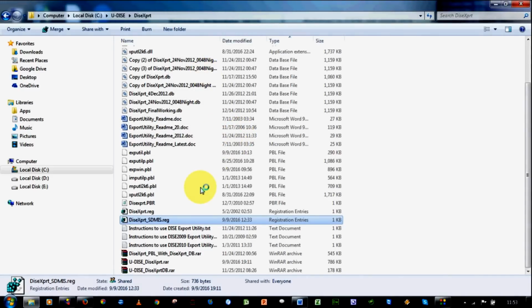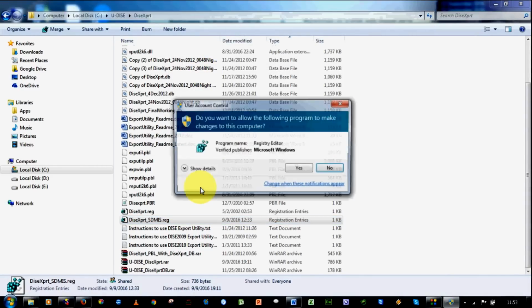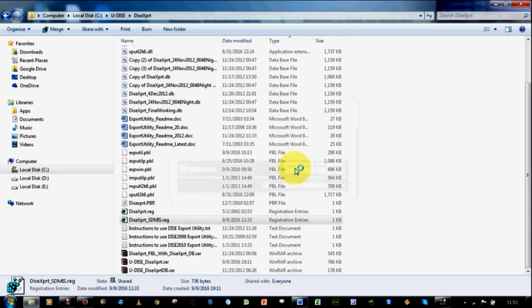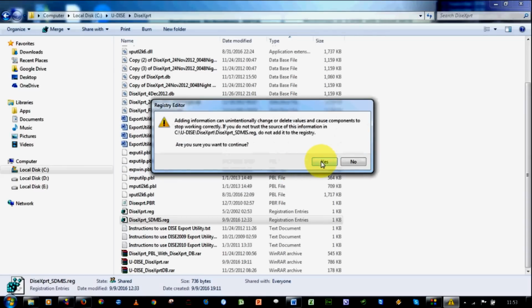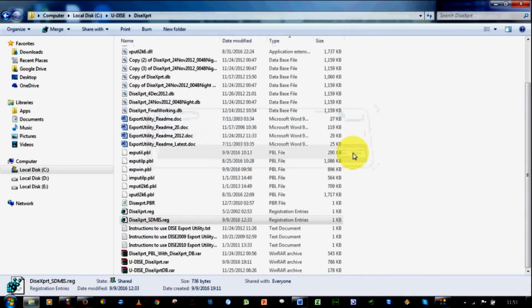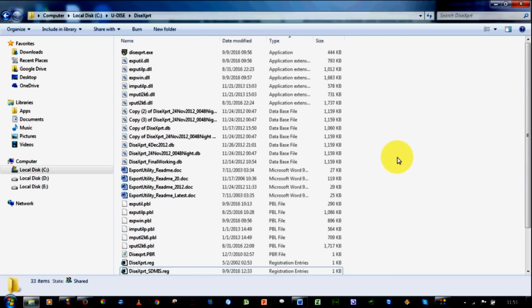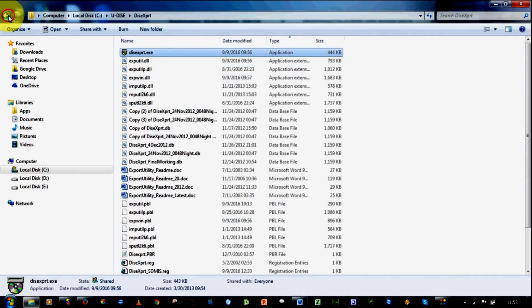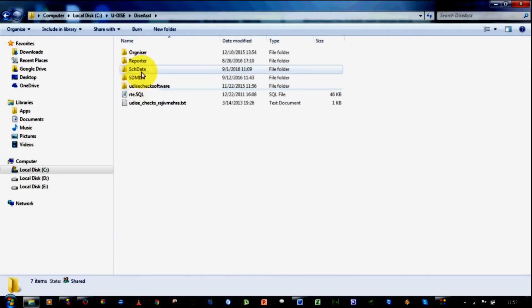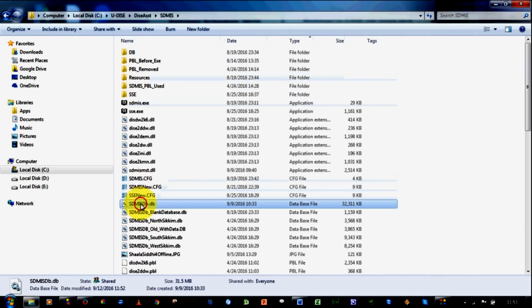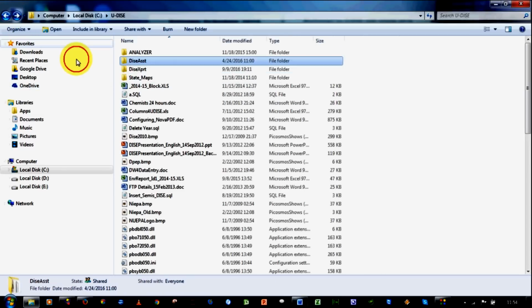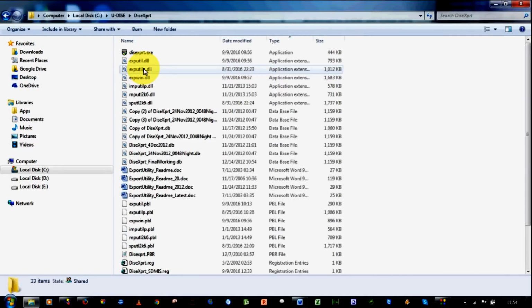It will create a registry entry in your Windows, saying that this registry will be merged into the existing registry system in your Windows. So it will create a connection between DICE-XPRT and the SDMIS DB. That registry file will create a connection between this database file and the DICE export import utility.